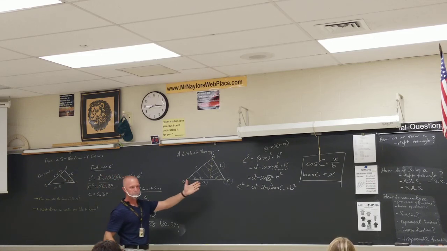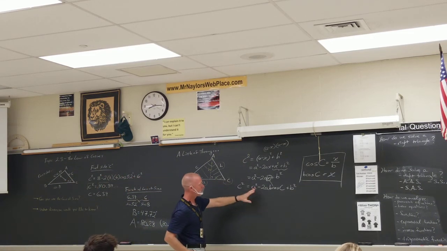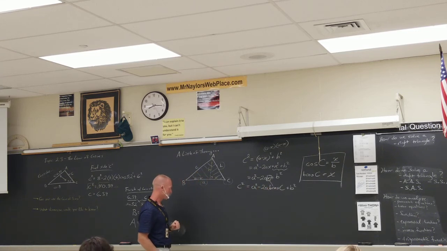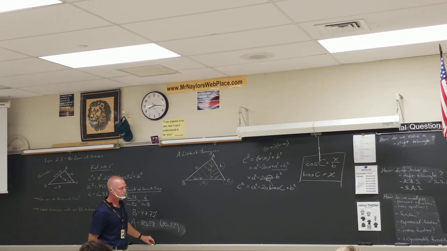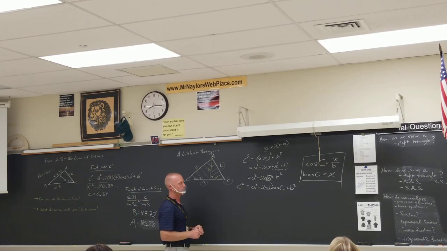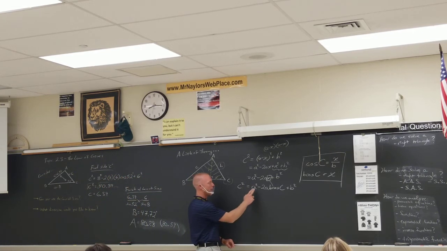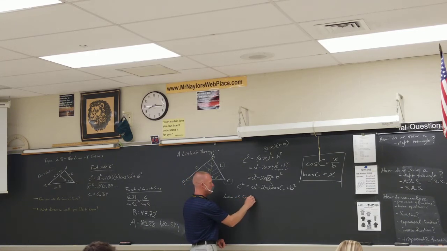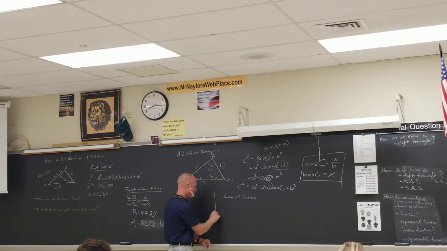This thing over here, this c squared equals a squared minus 2ab cosine c plus b squared. It's called the law of cosines. It actually typically gets organized just one step differently, okay, in that we will take the squares, the a squared and the b squared, and we'll put them together. Let me show you, and you might want to maybe make yourself a little bit of a box here,